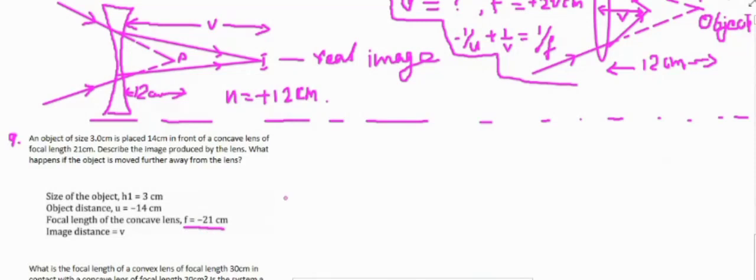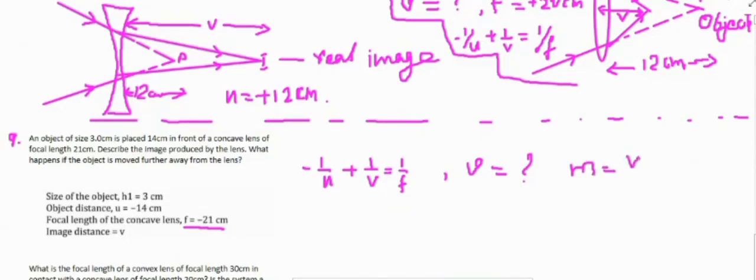Find the image distance. Nothing more. Use the lens formula, minus 1 by u plus 1 by v is equal to 1 by f. Find the value of v,